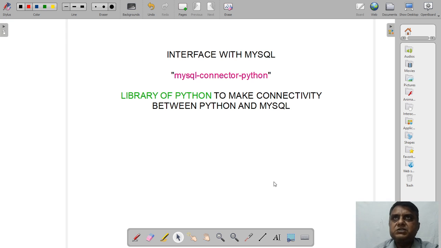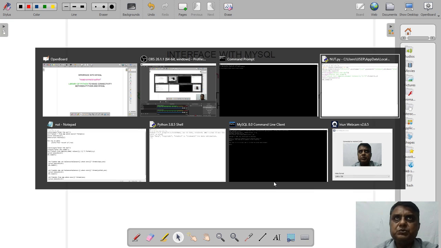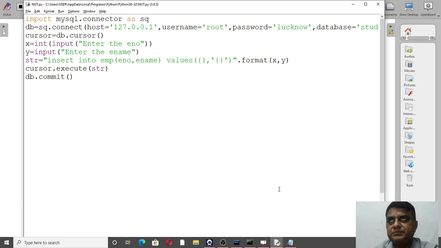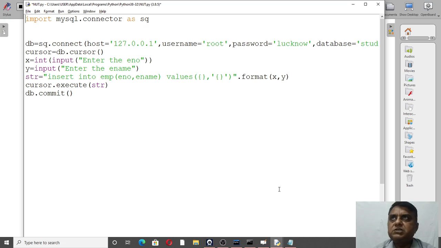Now after installing this library, we will use a Python program to see the connectivity of MySQL. First of all, write this line, that is import mysql.connector as sq.